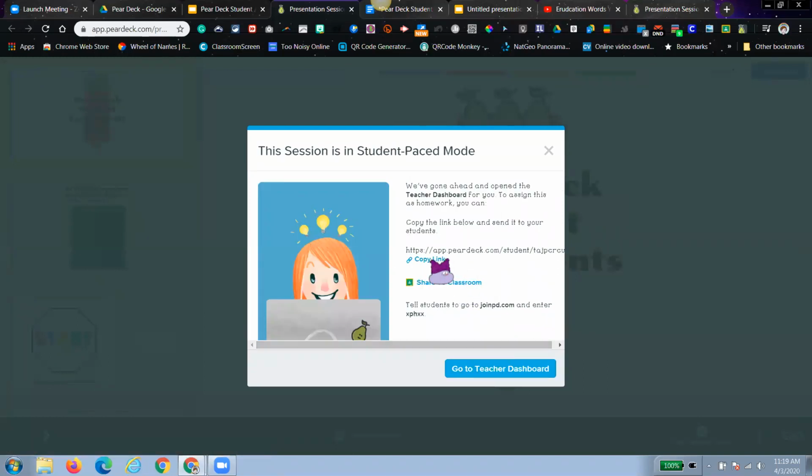Okay, so you see right here, you can copy that link and then put it into your Remind. And if someone uses Google Classroom, they could share it to their classroom just like that. So that's all they have to do is click on that link. It'll open up in their web browser and they'll be able to do the activities